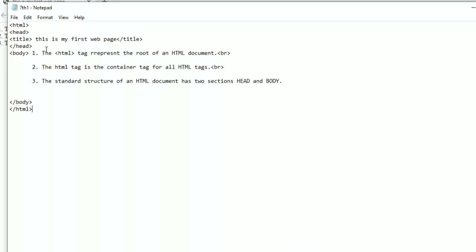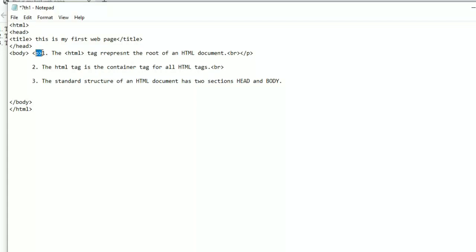Now let's use the paragraph tag and the attribute of the paragraph tag. Here we use the paragraph tag. Our first paragraph is this, so use P here, and then close the paragraph here. So this is our first paragraph.